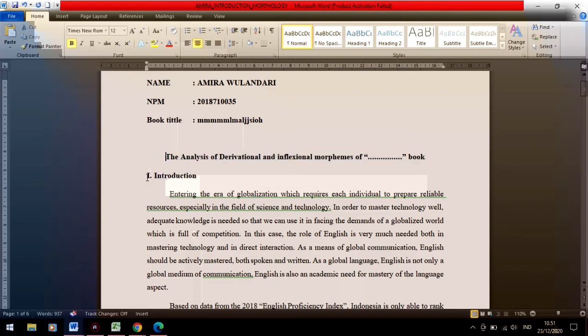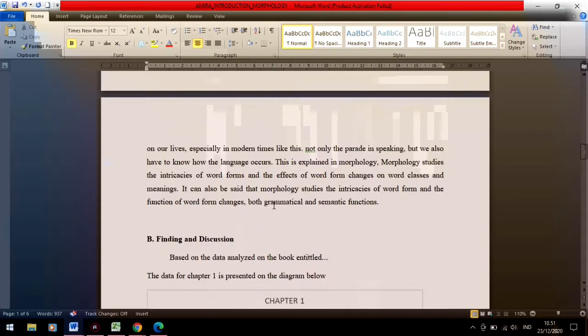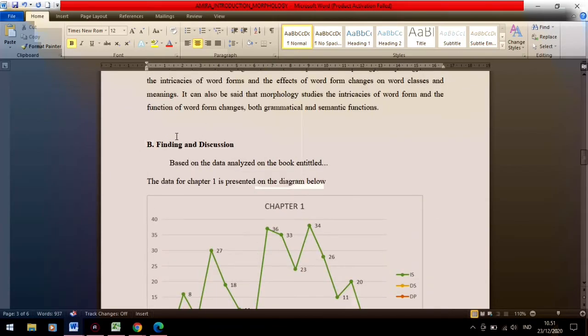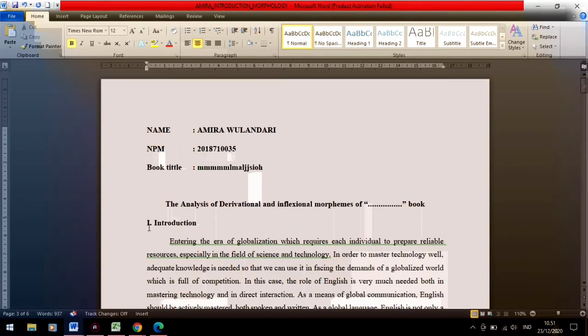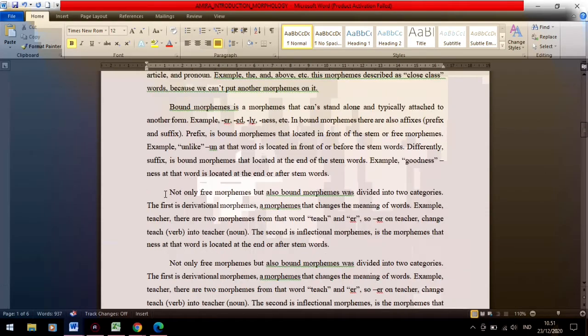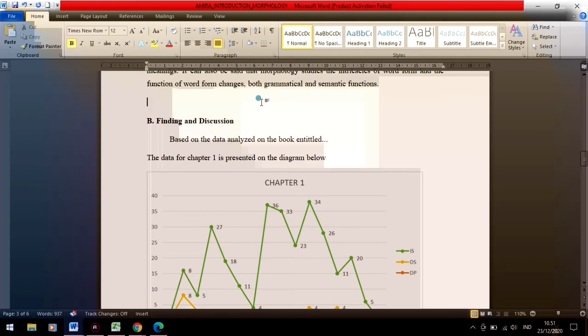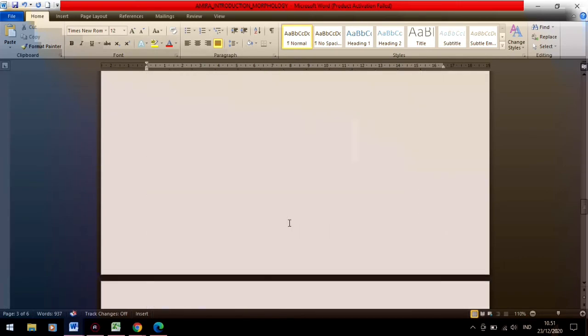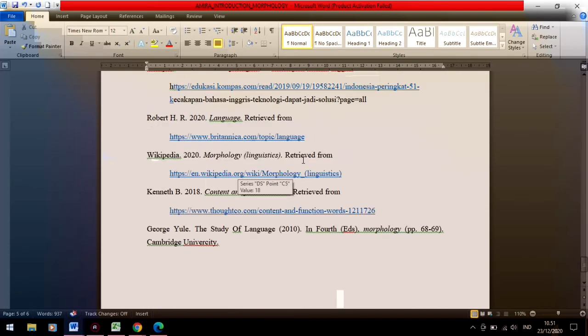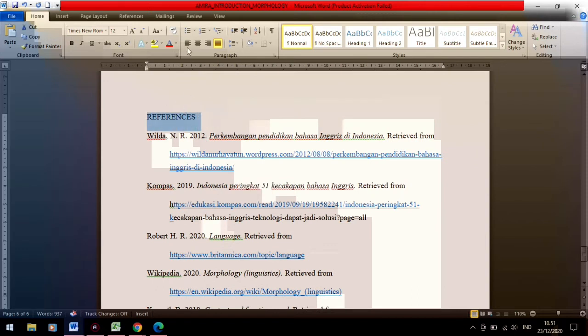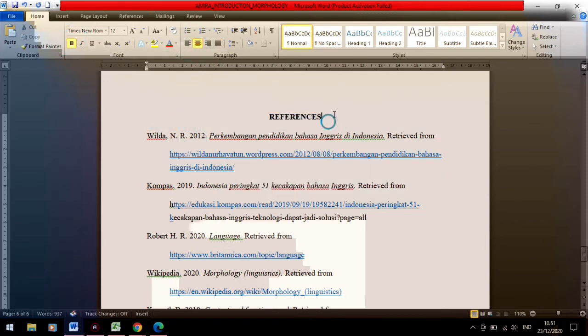Okay, the first one, introduction, in bold. Sorry, that's A, if you make it A, or 1. Okay, A, introduction, and then B, findings and discussion. You have to explain it all, and then the last one is the reference. In the last 3 or 4 minutes I have explained to you, if you want to write the introduction, you put some of the